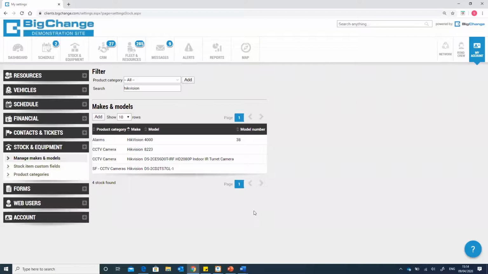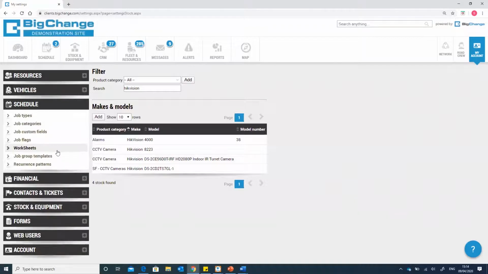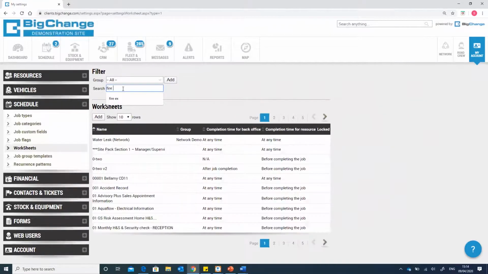Okay. So furthermore, I'm going to go back to a question that I received at the end of this morning session. I was asked about how an engineer can be made aware of what particular piece of equipment they need to be servicing on that job. Now, I will touch on this again shortly, but what we've got is the ability to add conditional branching to a worksheet. And what that can do, so for example, if I go through to a